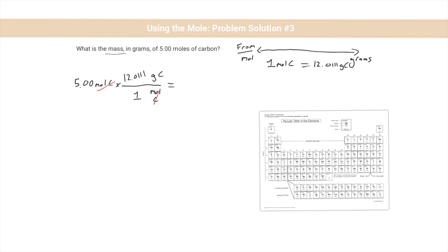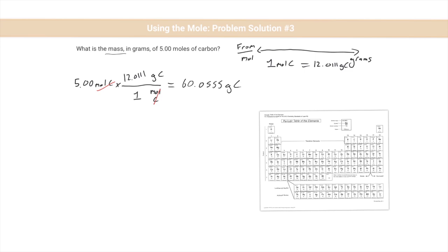We get 60. And go back to black. 60.0555. And that's grams of carbon. Since this is a reasonable number and we're not using scientific notation, we'll leave it in expanded notation, but we